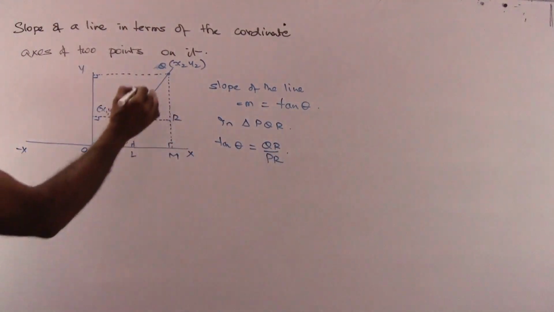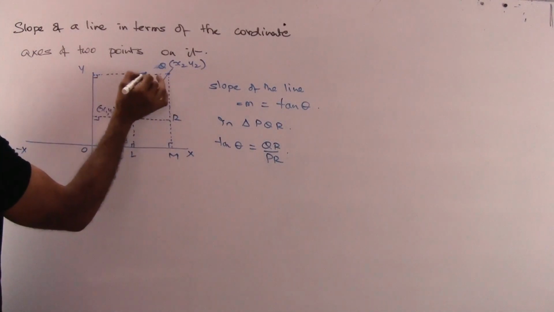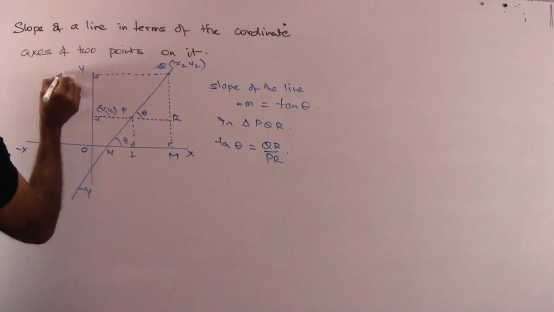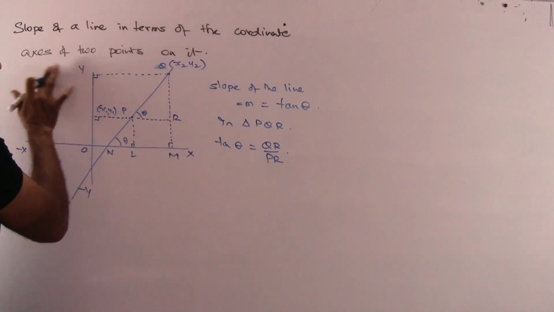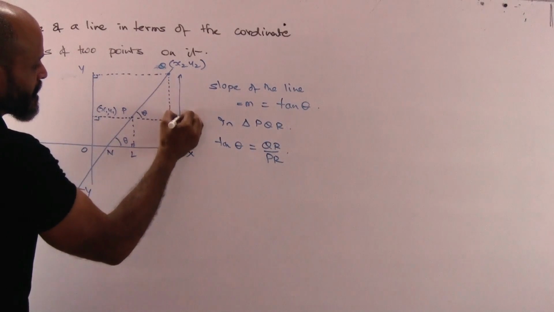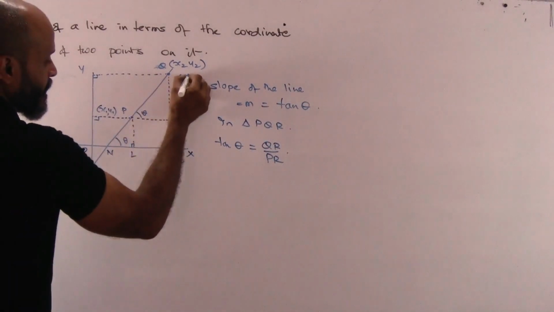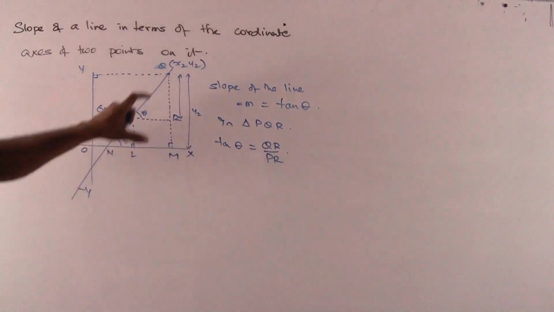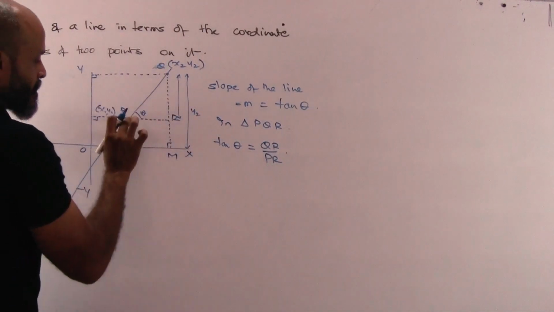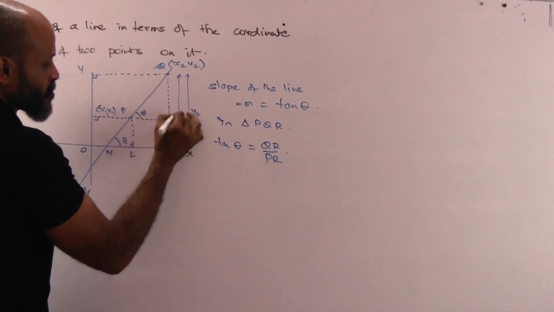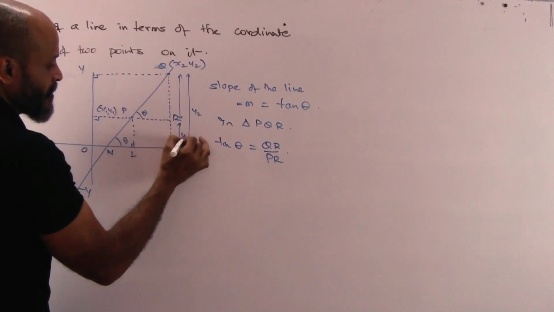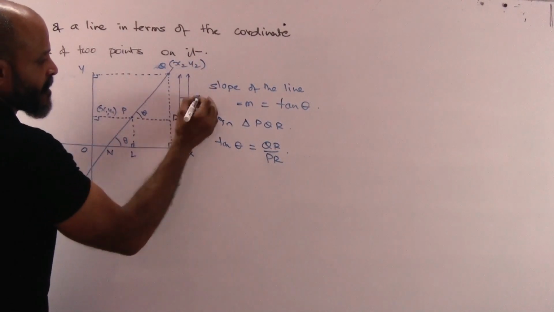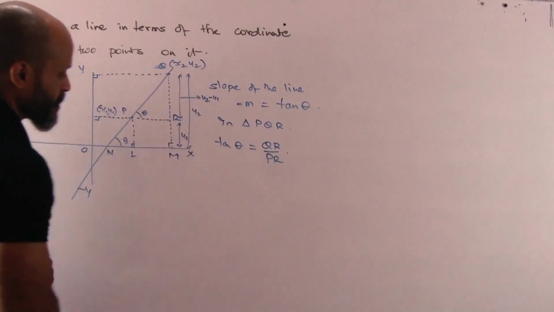Now let's calculate QR. So we know that if we are plotting like this, so this is y2, so this coordinate will be y2. Let's look at how much QR will be. We know that the entire QM is y2, okay, and up till this point it is y1. So we know that this is y1. So obviously QR will be y2 minus y1. So this will be y2 minus y1.